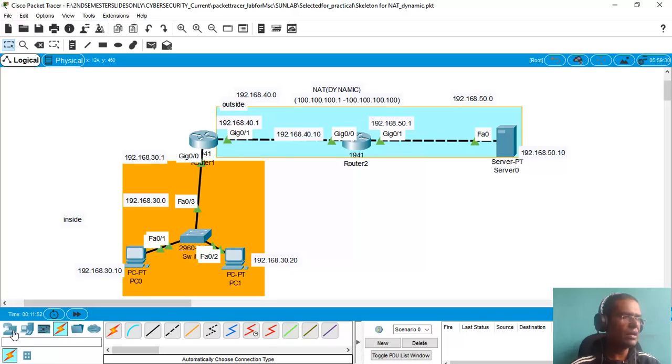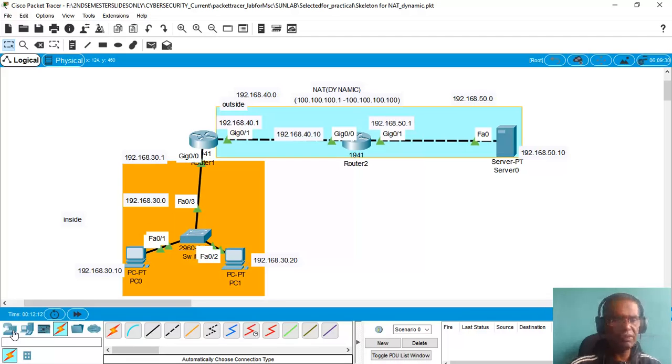While static NAT was between one system and another system, dynamic NAT will be between a group of systems and a group of IP addresses.